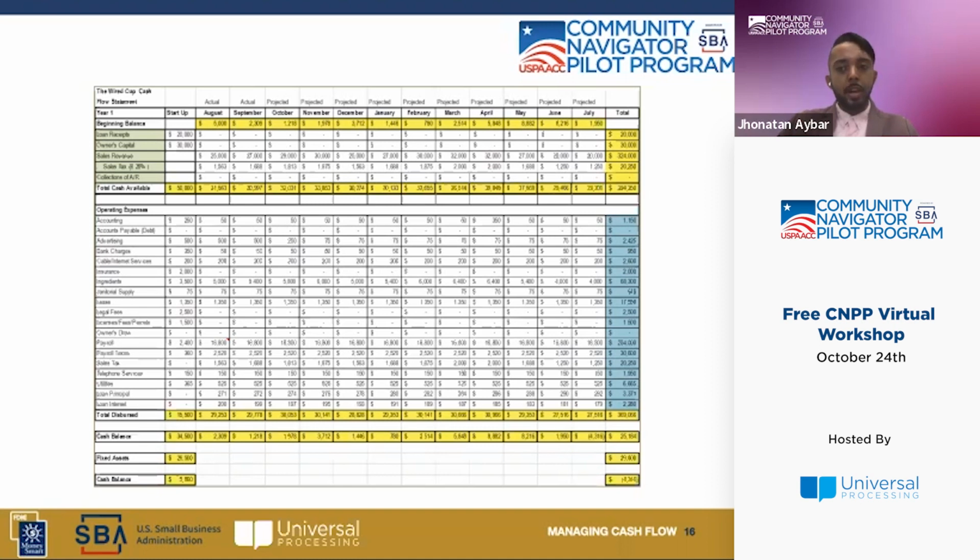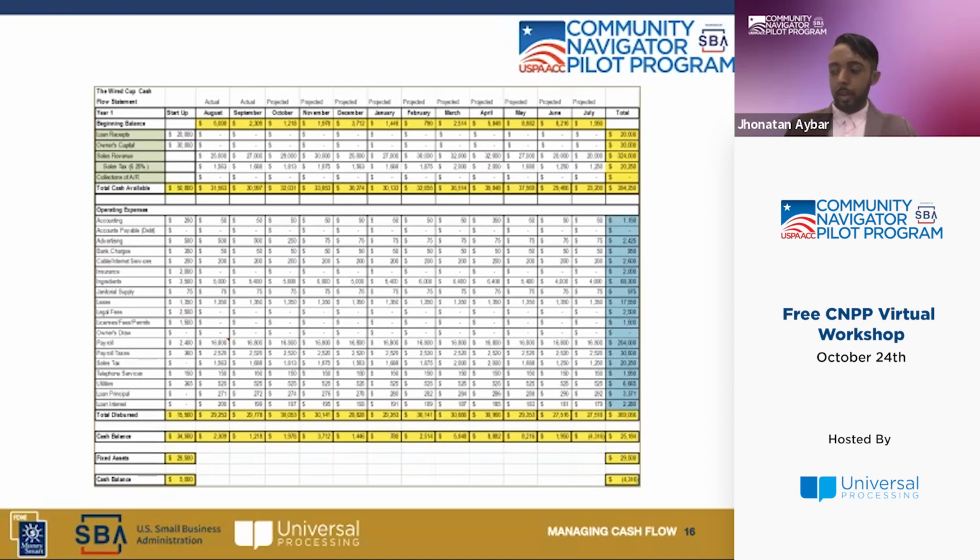And this is super important, because if you believe that, for example, during the summer months he will have a decrease in clientele, he can reduce the hours of his employees accordingly and work from there so that he can position himself. He can also reduce the inventory gradually from May towards June, taking into consideration that he's projecting a decrease in sales all the way from April to July.